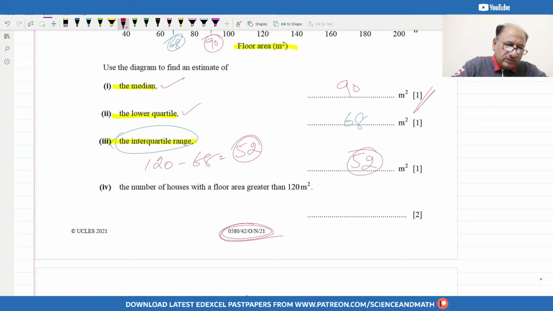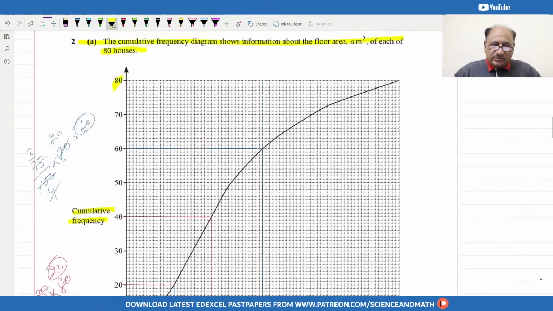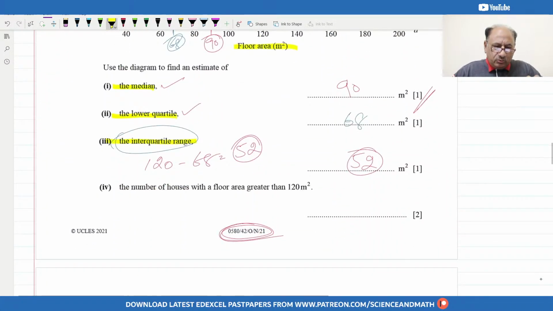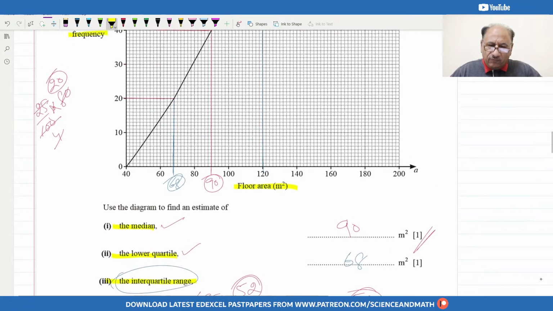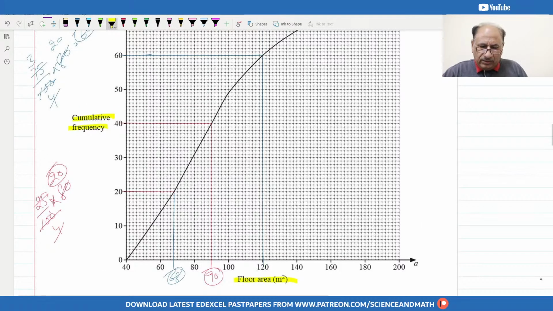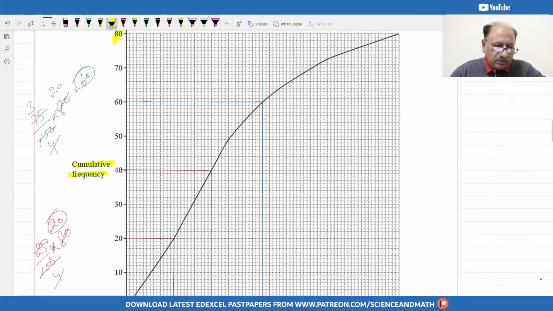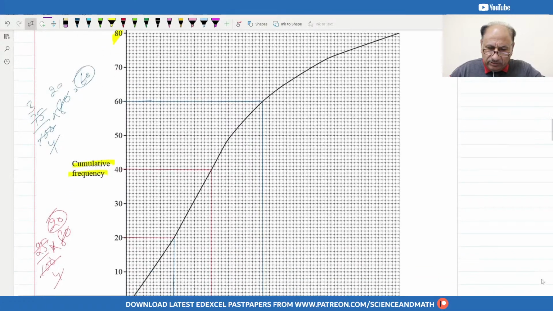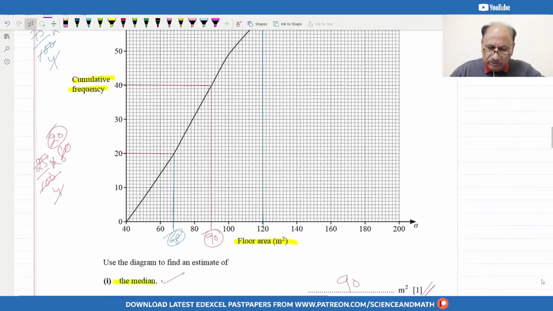Then the number of houses on. So this is also very popular question in case of cumulative frequency curves. They are asking, giving you a value, like for example, the number of houses with a floor area greater than 120. Sometimes they are saying less than this or greater than this. So you will have to check basically reference from the graph. So greater than 120 we will be checking. Greater than 120 are how many? Greater than 120 are basically